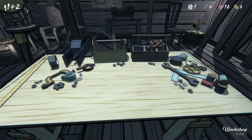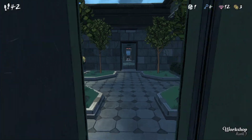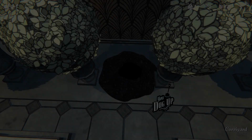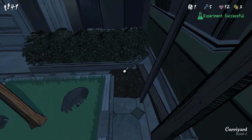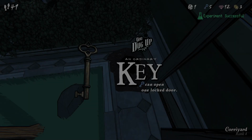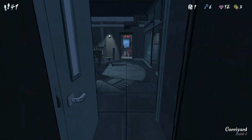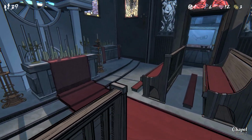Ooh. We don't have the tomb today, but we do have the chapel. Oh yeah, and I can dig. Pebbles, but that's also garbage. So that's good because of our experiment. So now basically anytime we dig, it's just a good thing. So that's fine. Okay. We have...